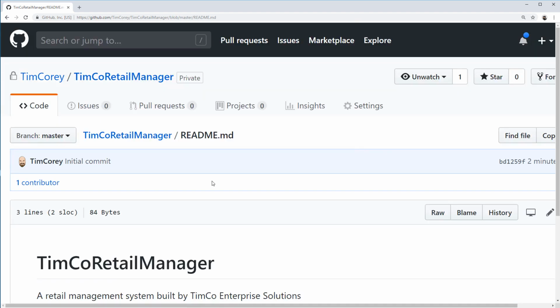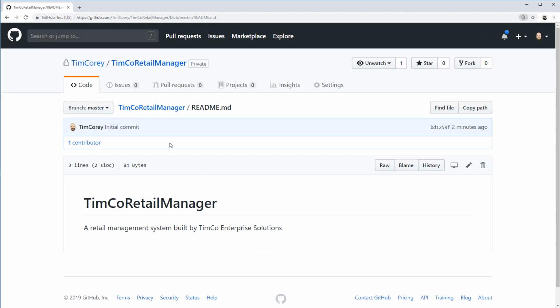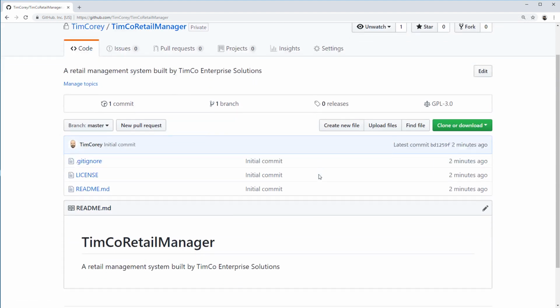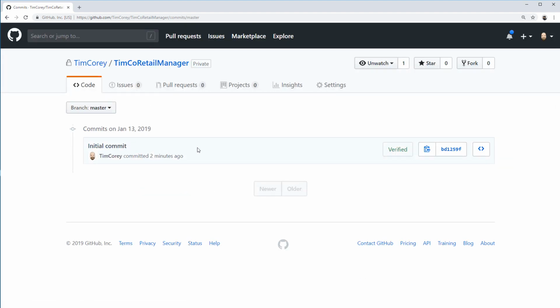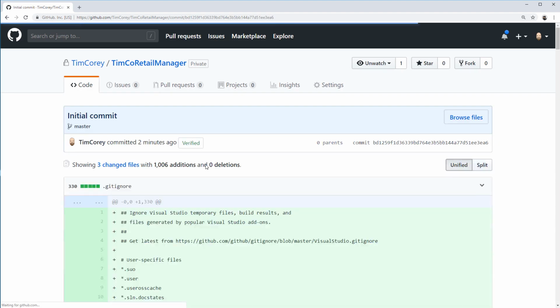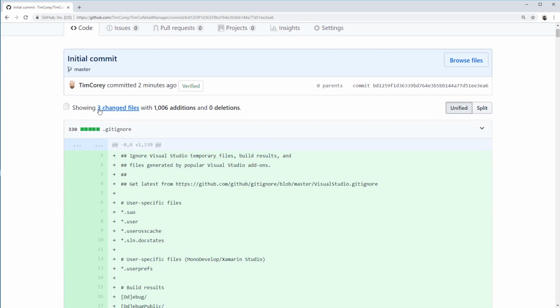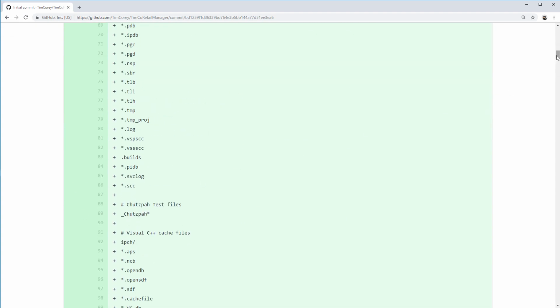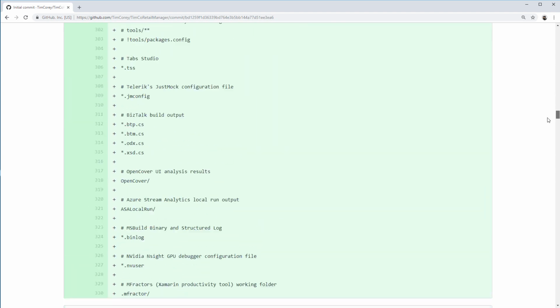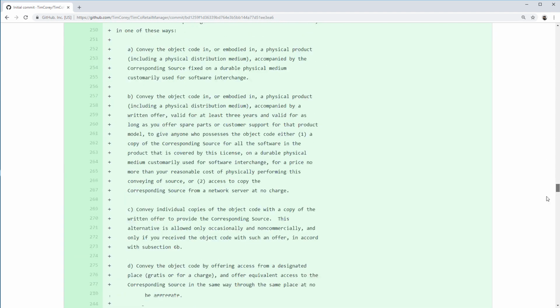So I'll cancel on that. We'll zoom back out a little bit and go back to our main page. Okay, so we have the 3 files in the 1 commit. If we look at the commits, there's our initial commit. And if we open that commit up, we'll see it actually has 3 changed files, basically 3 adds. The gitignore, and then if we keep scrolling, it's way down there, we'll see the license,